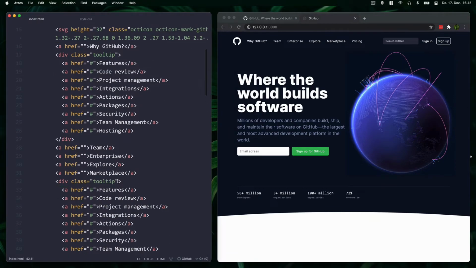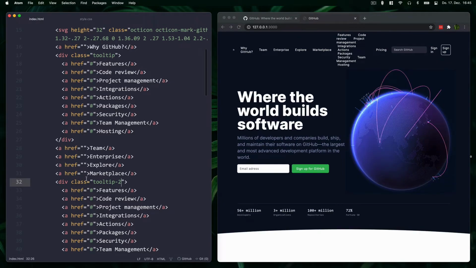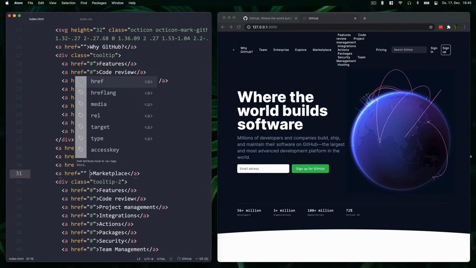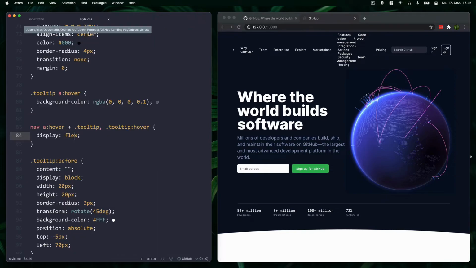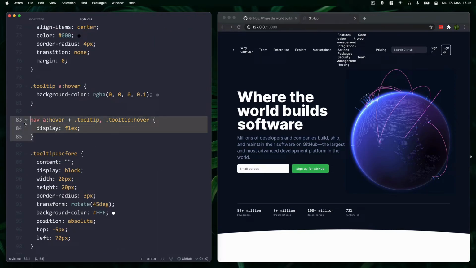So .tooltip 2, and give this a class of link. Which one is it? 1, 2, 3, 4, 5. Link 5. And then we'll say